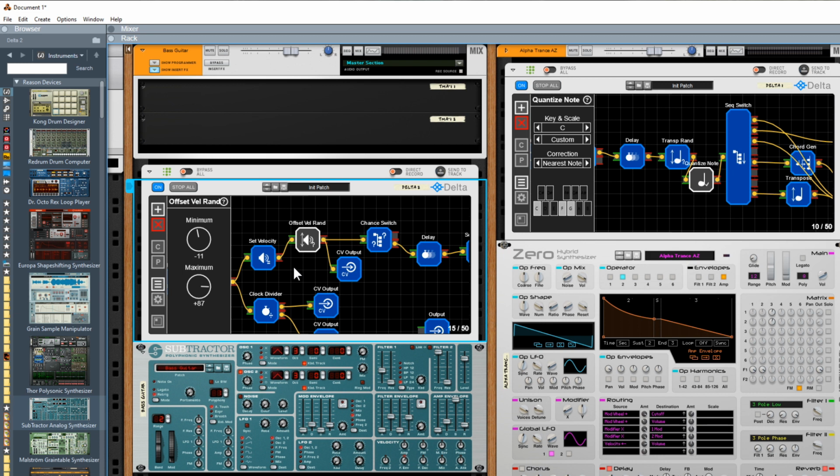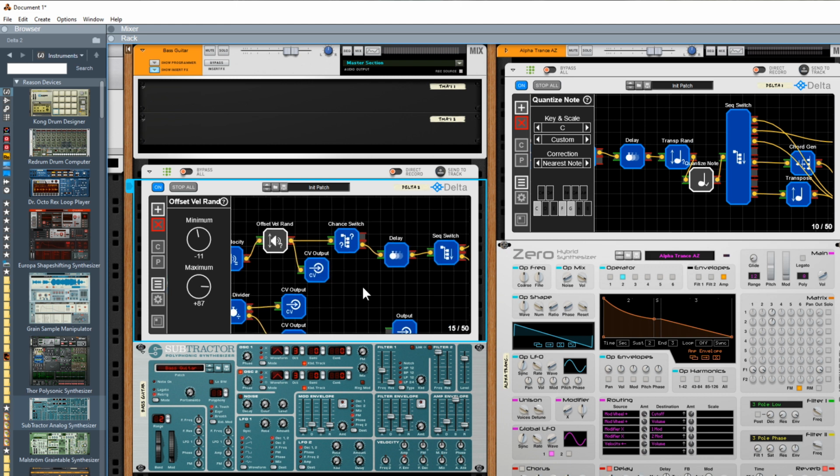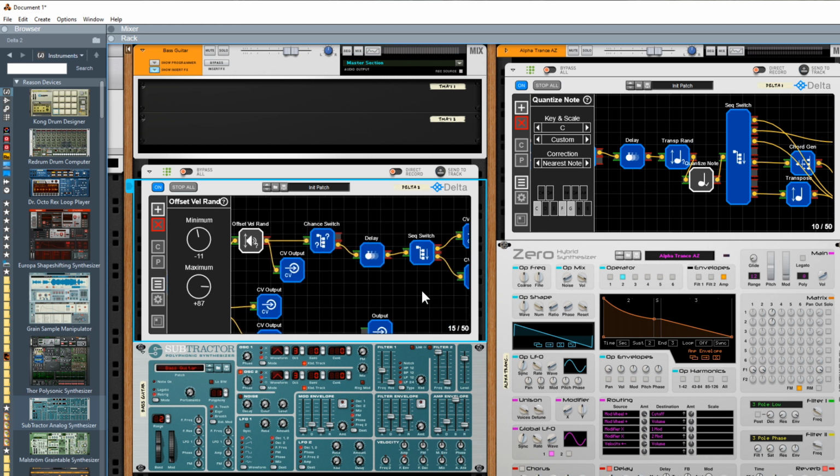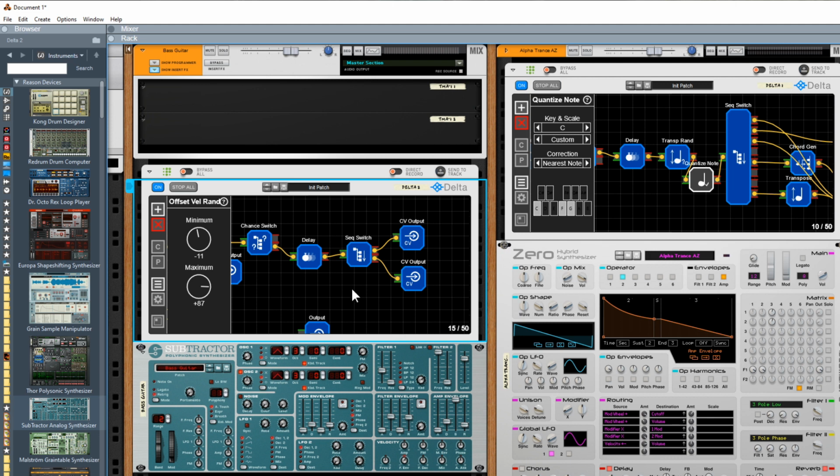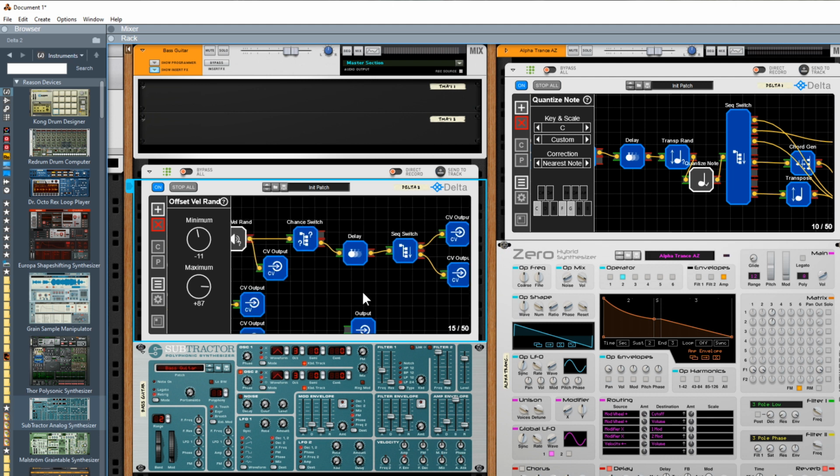On some instruments you wouldn't even be able to hear it. I'm then branching this to send it out of one, and I'm going to send it into another. I've got myself a delay, and I've got myself some switches, and we're going out over there. And you may notice that the output itself is not set. Well, that's fine. If I now play this instrument,